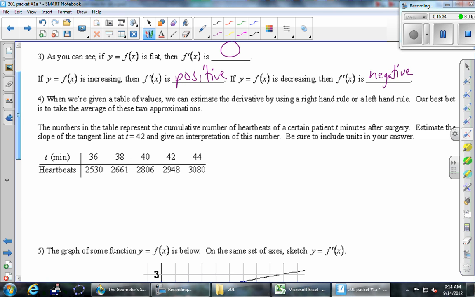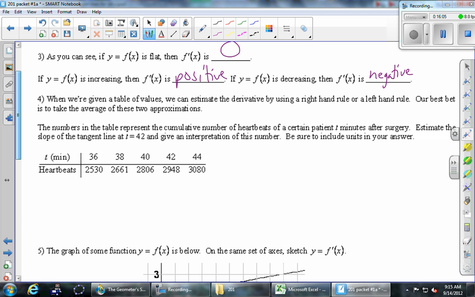And so what I want to do is find the slope of the tangent line at 42. So you can imagine just plotting these points. I'm not going to draw them, but you could plot all those points, and you'll just have 5 dots. And the slope of the tangent line, okay, first of all, is the function going to be constant, increasing, or decreasing? Hopefully increasing, yes? But if it's constant, then you have flatlined, like literally flatlined, right? And if it's negative, then you had negative heartbeats.